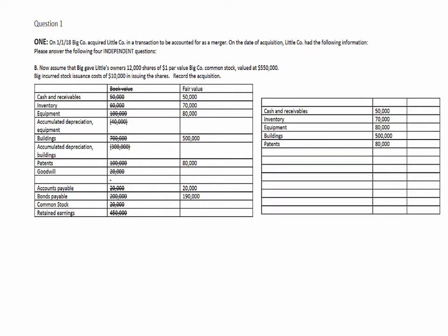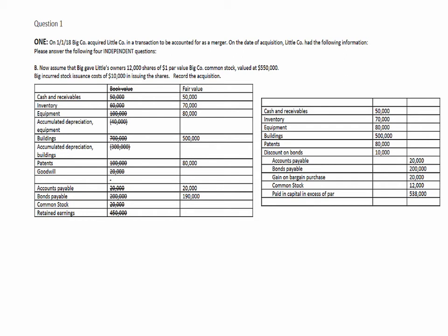Okay, so again, we're going to go and record the acquisition of all the various assets at fair value. We assume all of the liabilities at fair value, again noting the discount on bonds payable, reconciling the fair value of the bonds to their face value. We record the $20,000 gain on bargain purchase, and we record the issuance of the shares of stock, 12,000 shares at $1 par value for the common stock account, the remainder of that $538,000 paid in capital in excess of